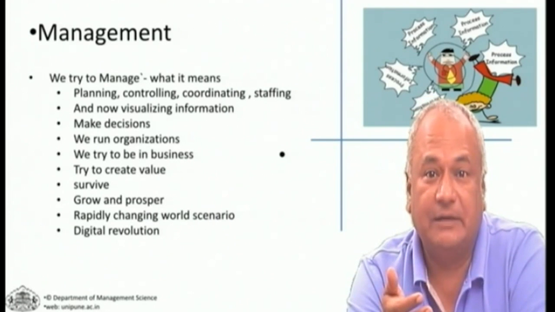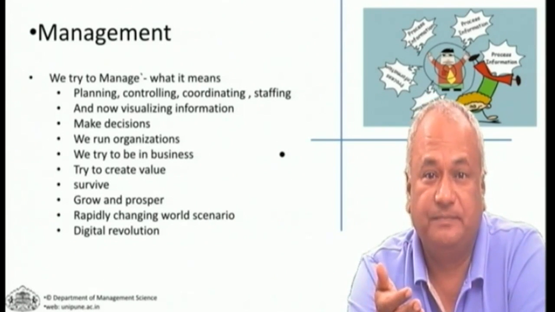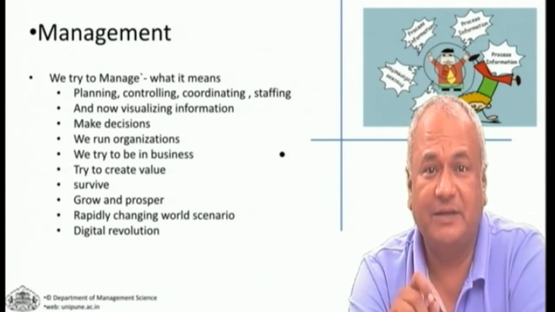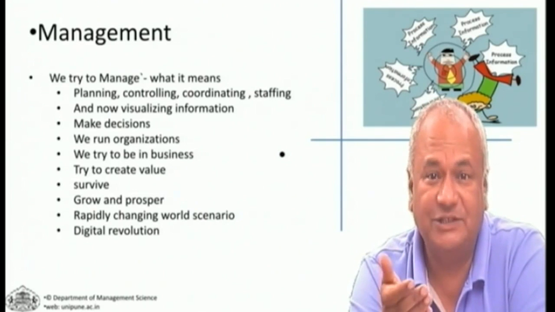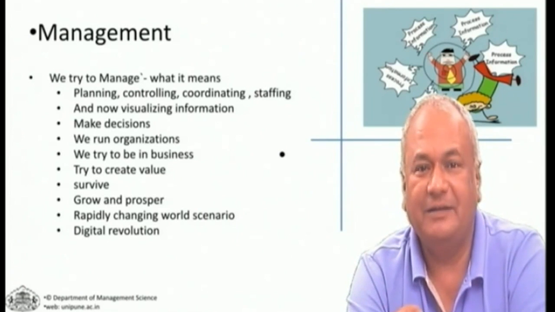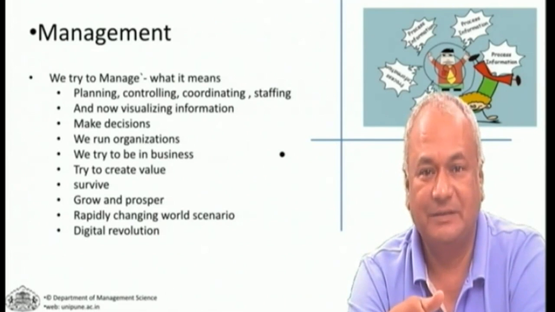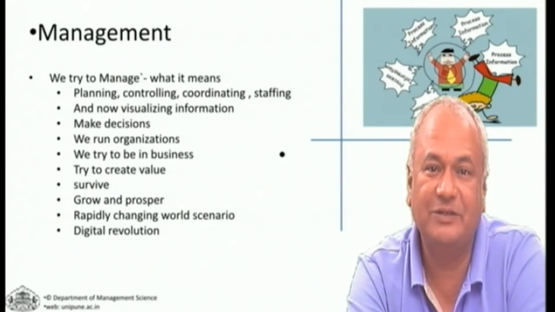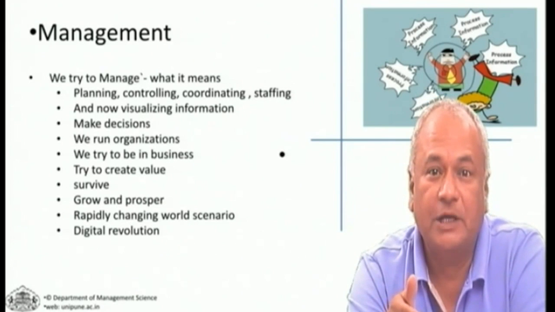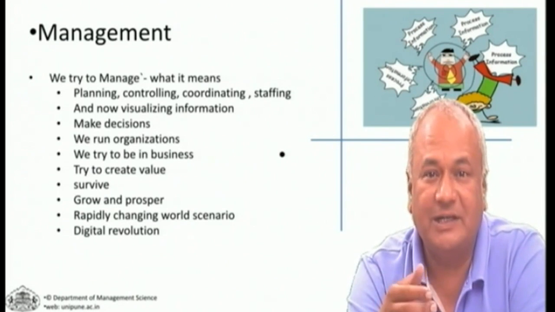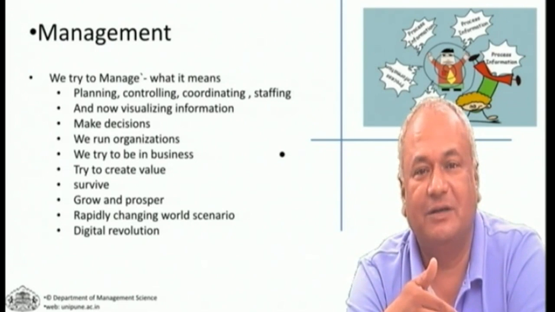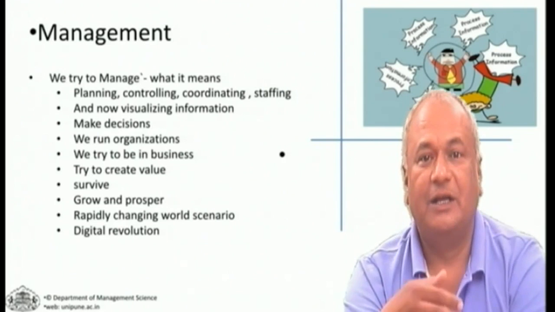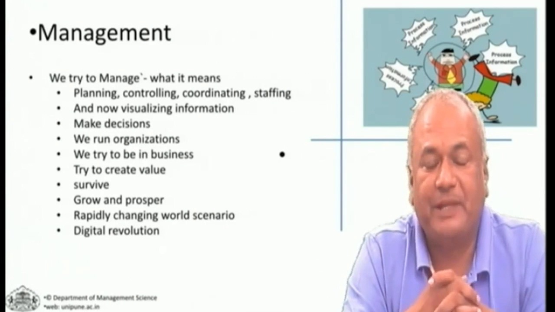And now it's virtually information. All these parts actually require information to make decisions. If you would like to plan, you would like to have information on what you are going to plan about, how you plan, and how your plan is going to make a difference. So to run the organization, we need information. All the functions in the organization need information. I keep telling everybody that